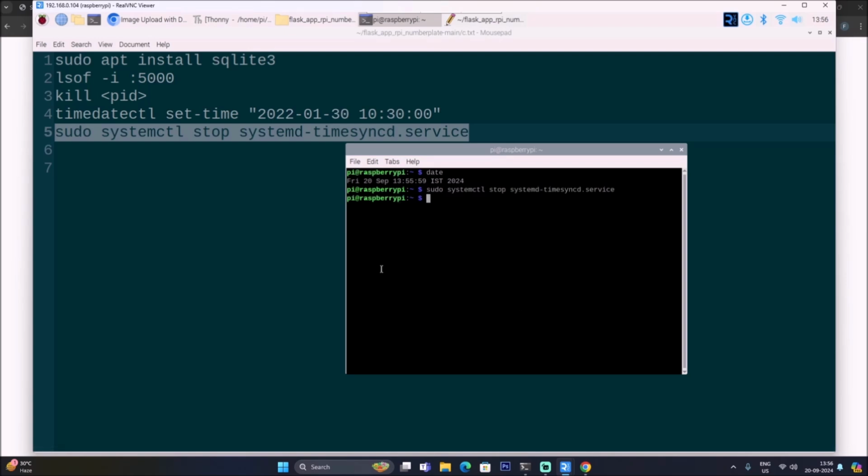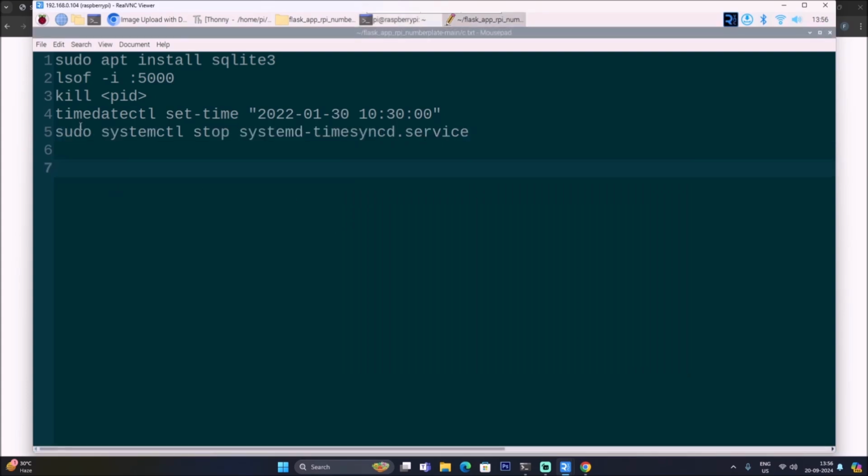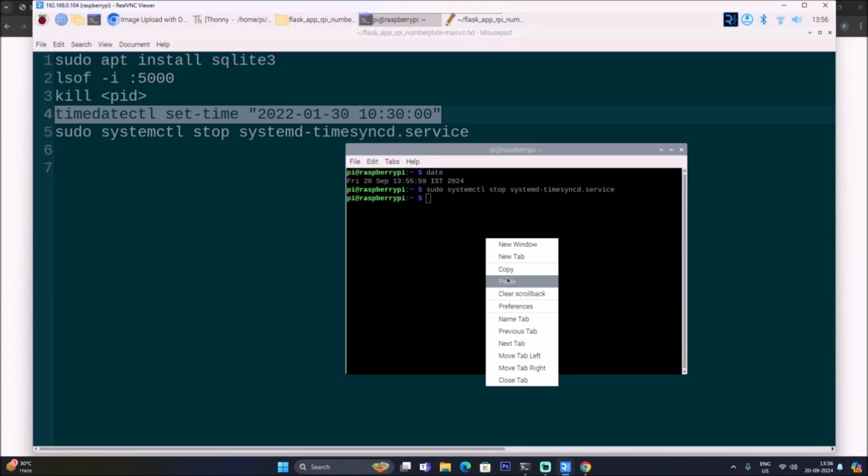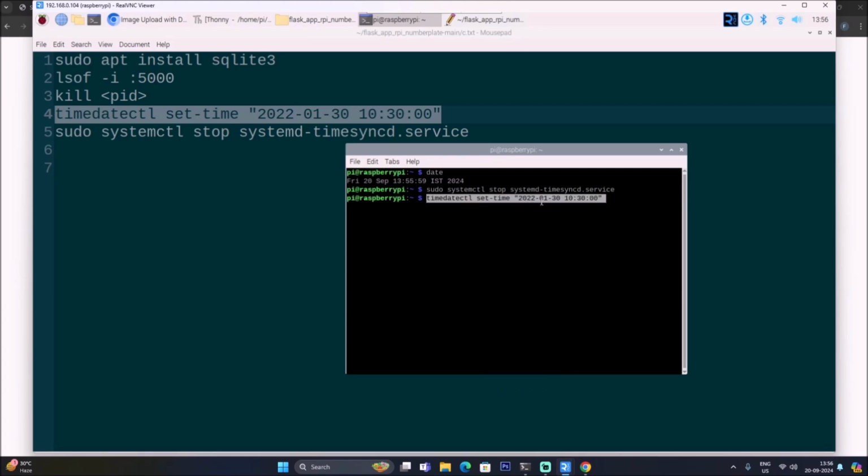Now I can set the date manually. So this is the 4th command, just copy it as it is, open terminal, and then just paste it. And this is the date, as you can see, 2022/01/30. This is the date and this is the time. So here what we will do, we will simply mention 2024, and 09, and then 19, and time let's just go with 10:00,